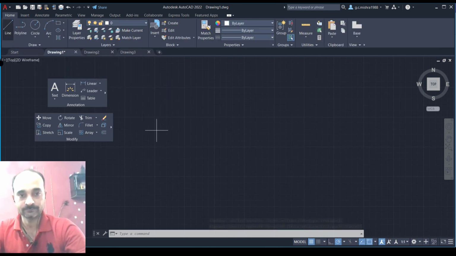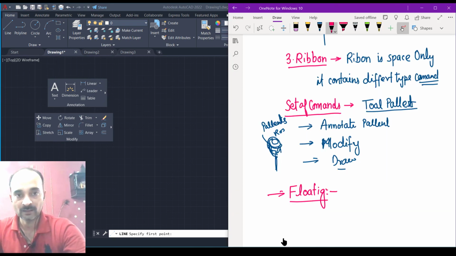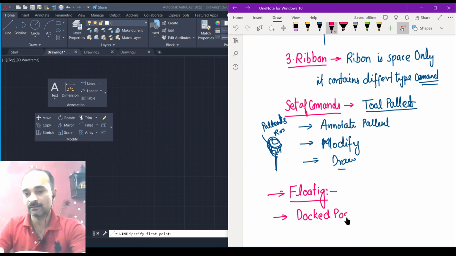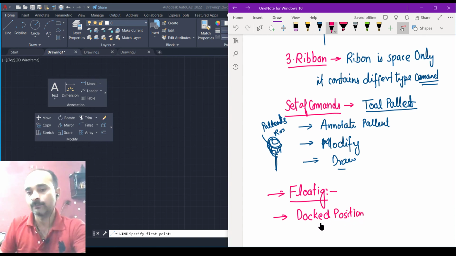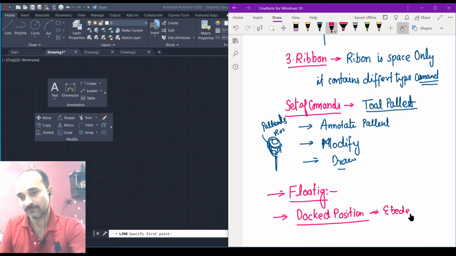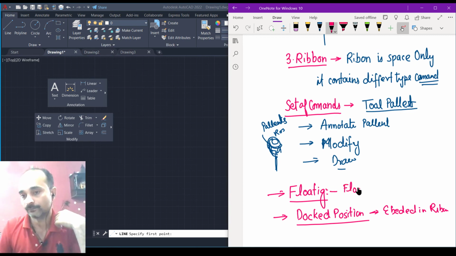And if I drag that to its original position where it was, in the ribbon place, then that is called docked position. Docked position means your tool palette is embedded in the ribbon.